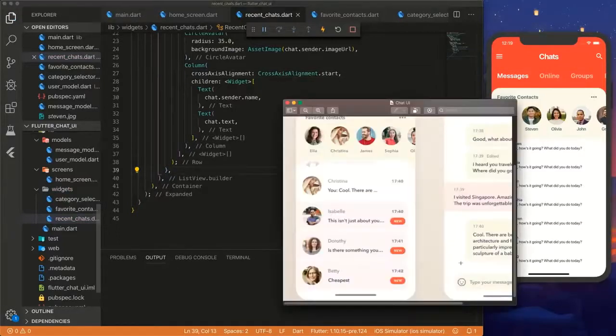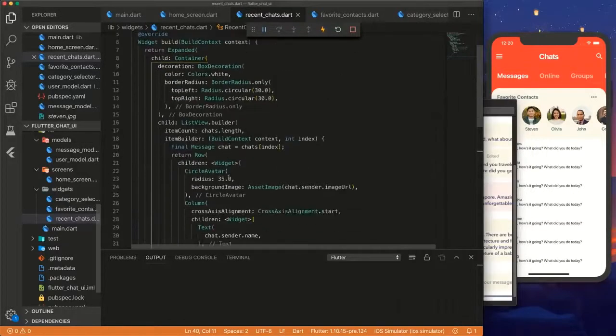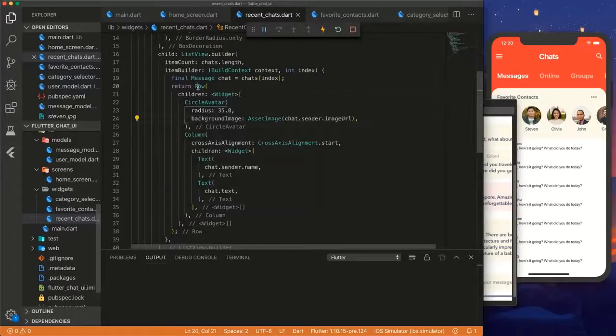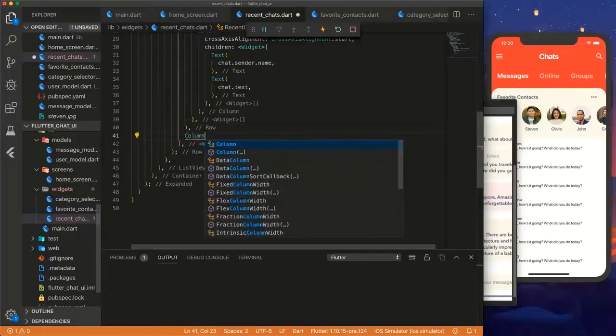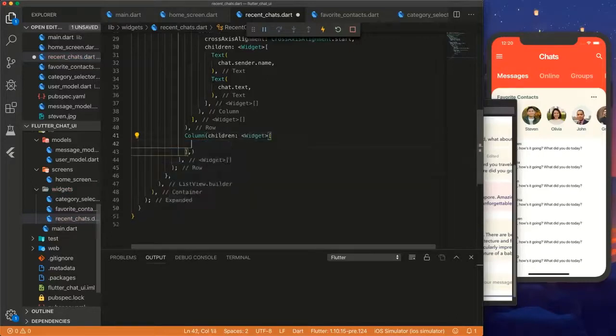Taking a look at our chat UI again, what we're actually going to do is wrap this circle avatar and this column widget in a row widget here, and then wrap everything in another row widget, and I'll show you guys why in a second. So let's first go to our row widget and just wrap it in a row. And now in our second row, we can make the column that has children,